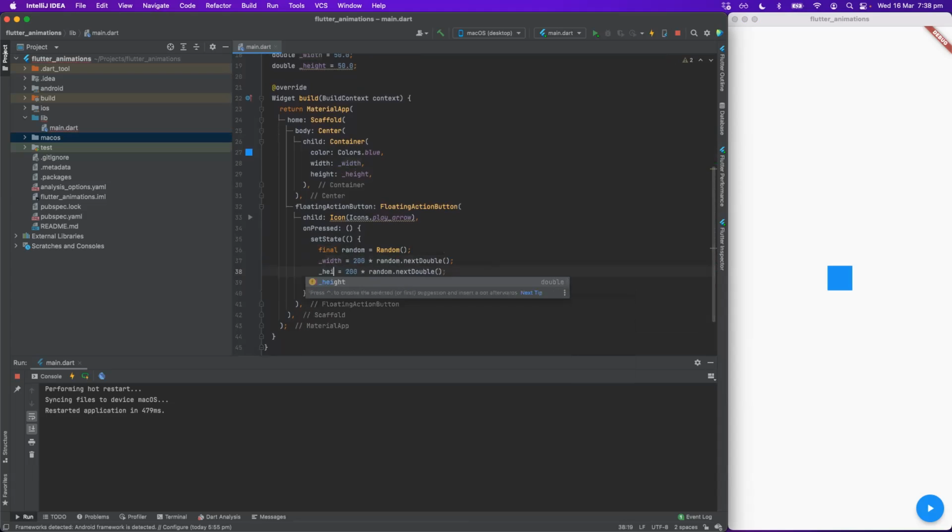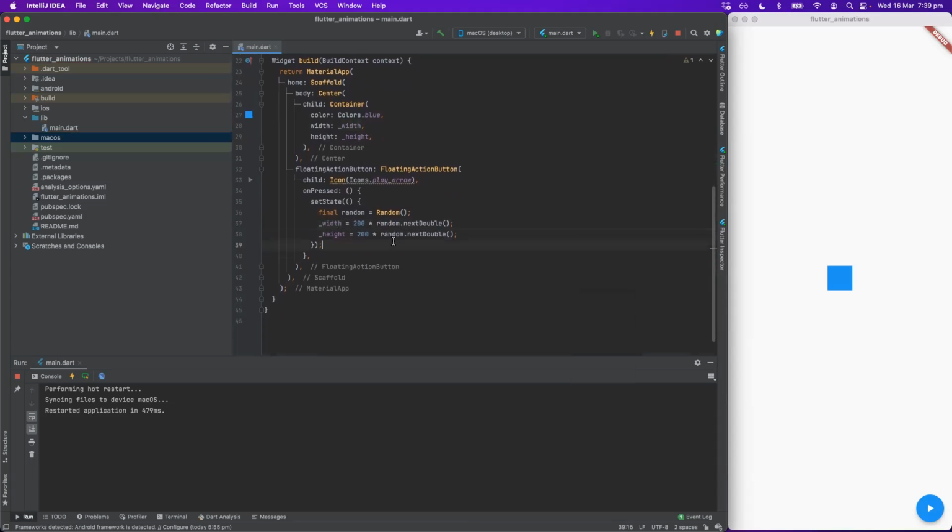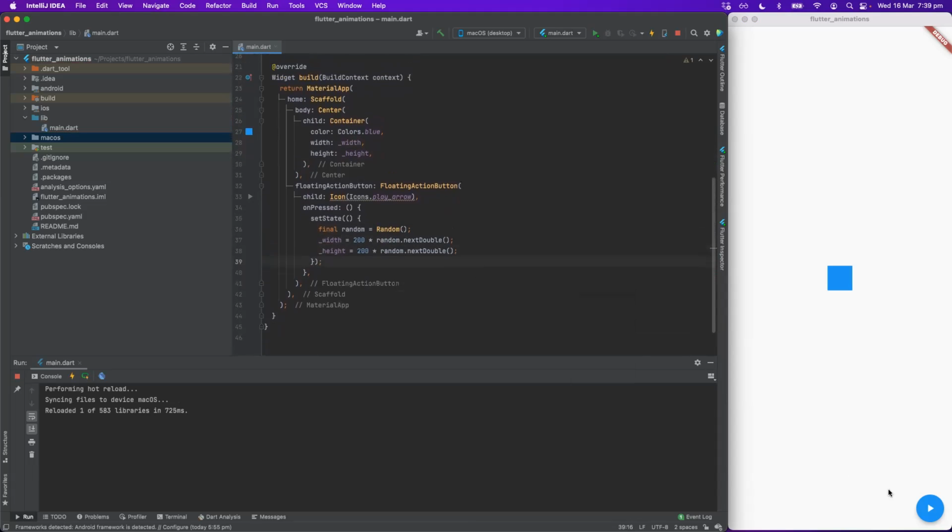And the same for the height. That's it. I'm going to hot reload this now. So now when I click on that button, the new values will be generated. There is going to be a new width randomly chosen, and a new height.